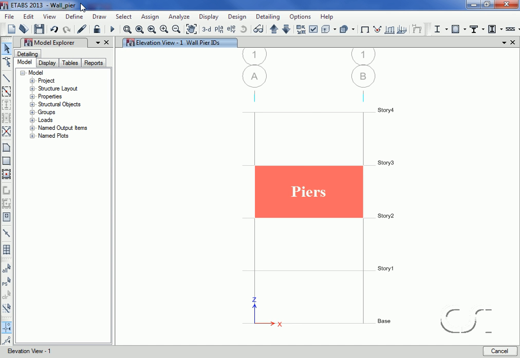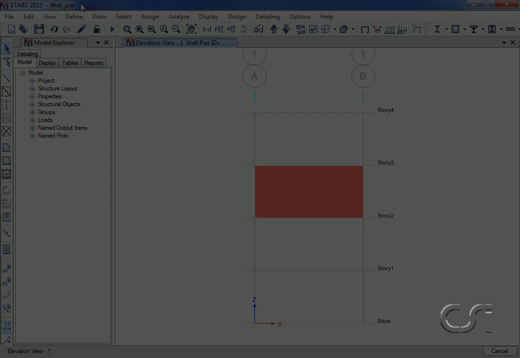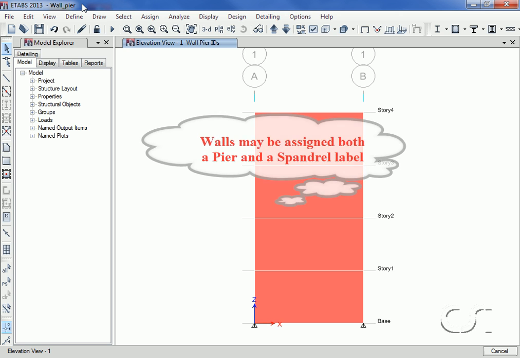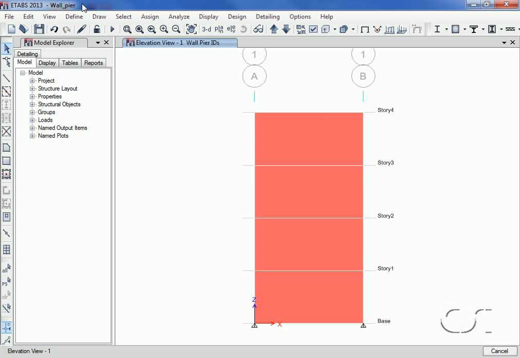Piers will report the forces and perform the design at the top and bottom of each object for each story. Spandrels, on the other hand, output the forces in the design at the left and right ends of the objects and not the top and bottom. Objects may be assigned both the pier and spandrel label, but no object may have more than one of each. There are many ways to arrange the labels, and we suggest you review the shear wall design manual for more